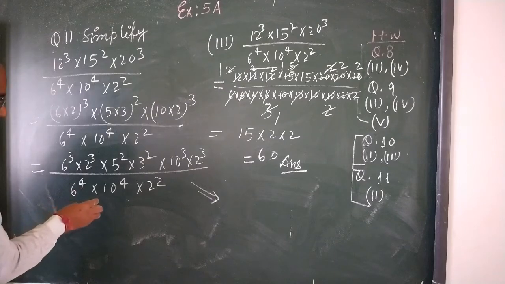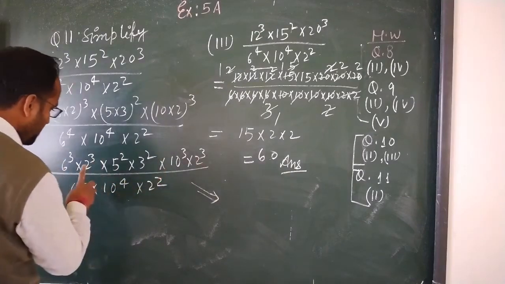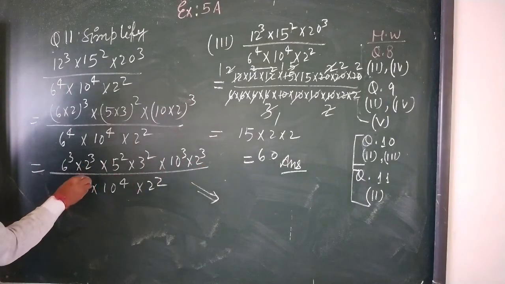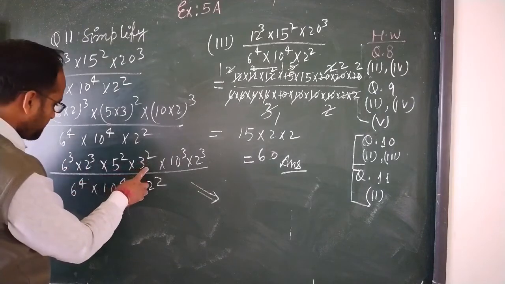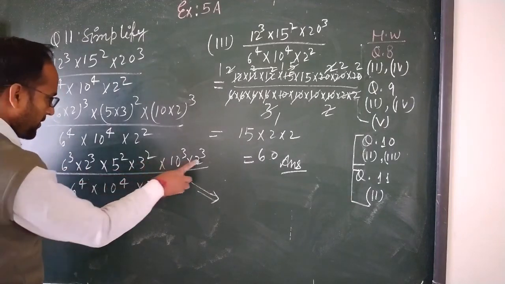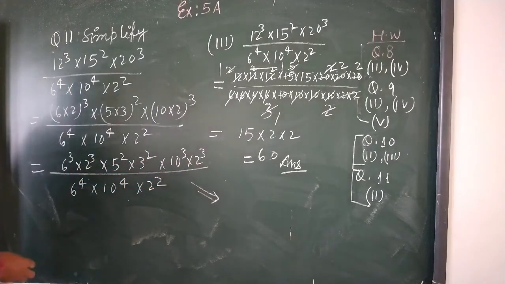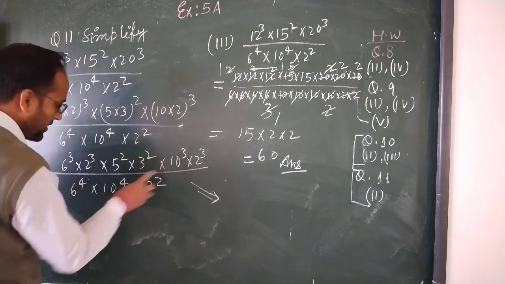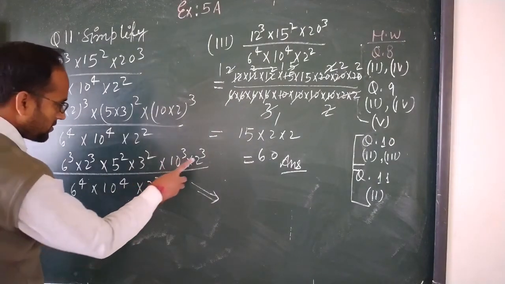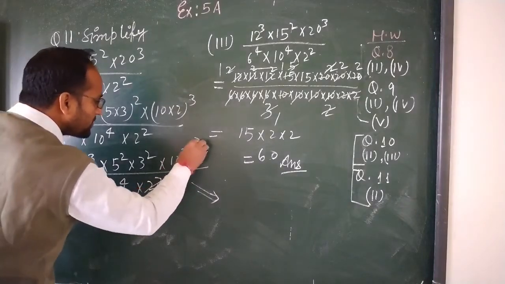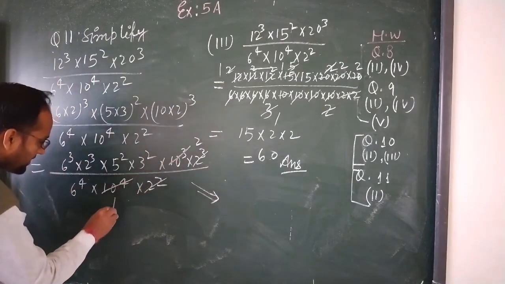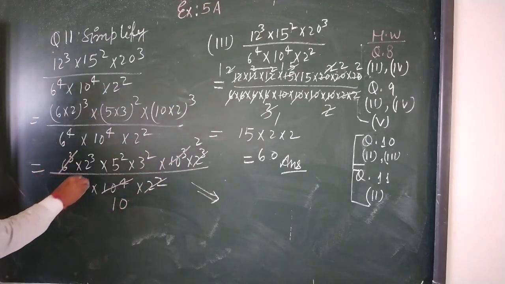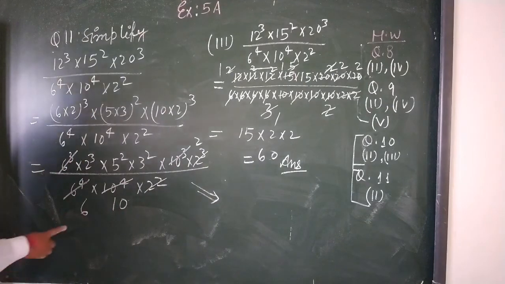Here, 6 to the power 4 and 6 to the power 3, 3 to the power 2. Okay, no problem. So here you see this 10 to the power 3 and 10 to the power 3, so here it is cancelled out, 1 2 is remaining here. Here is a 10 to the power 4, 10 to the power 3, 1 10 is remaining here. 6 to the power 4, 6 to the power 3, here even 6 is remaining. So in the downside 6 and 10 only remaining, that one is 6.